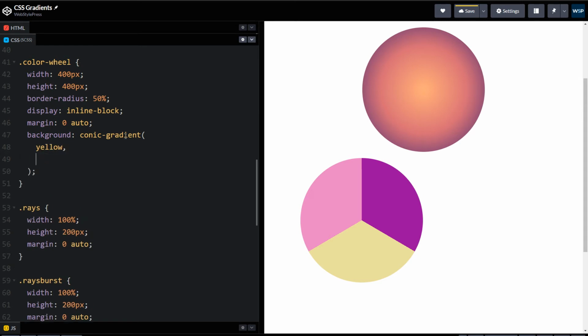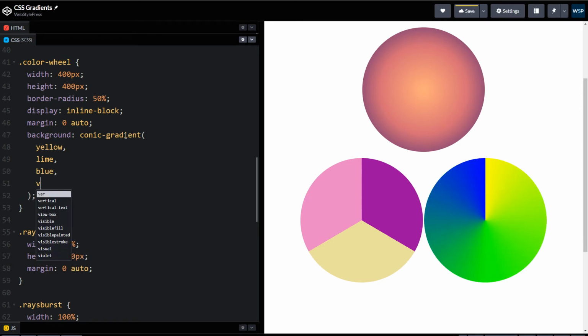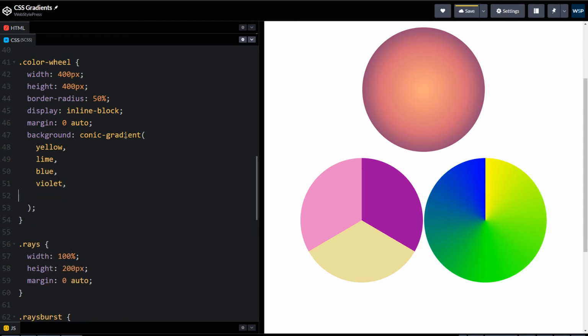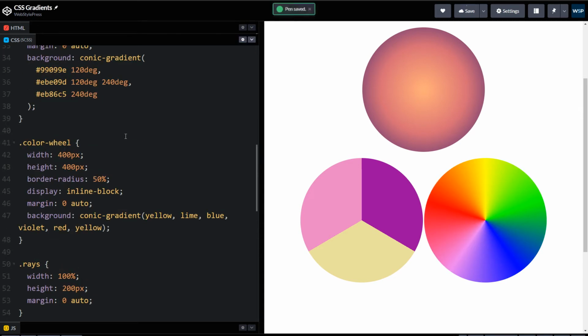Yellow, lime, blue, violet, red, yellow. By using the conic gradient function and using a few colors inside this function, we are able to create a beautiful color wheel by using only CSS. We just used several colors in the conic gradient CSS function to create a beautiful color wheel.